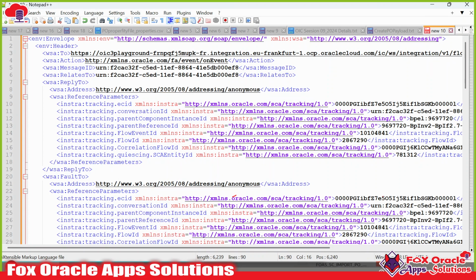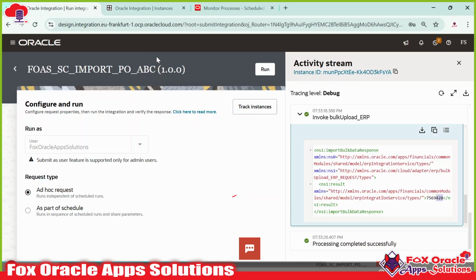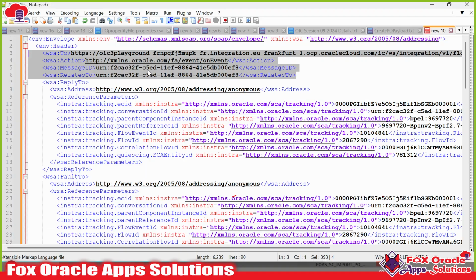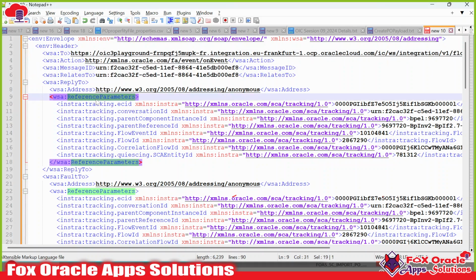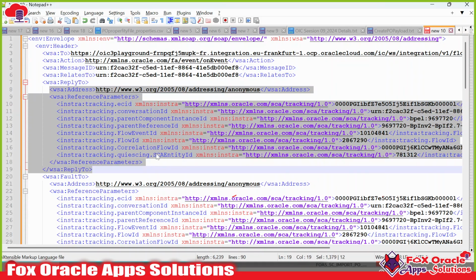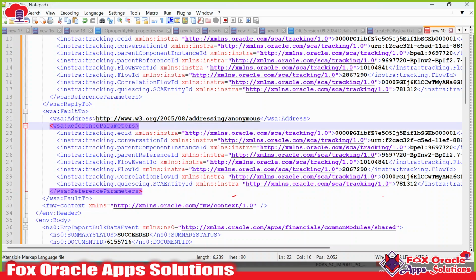And here you can see this is the message ID release 2 and all basic ERP details, the Fusion details we have here. And here you can see the details, and you can see the reference parameter. These are the basic metadata of the integrations. And after that, if you have a look below, you can see address reference parameters, the reference parameters,